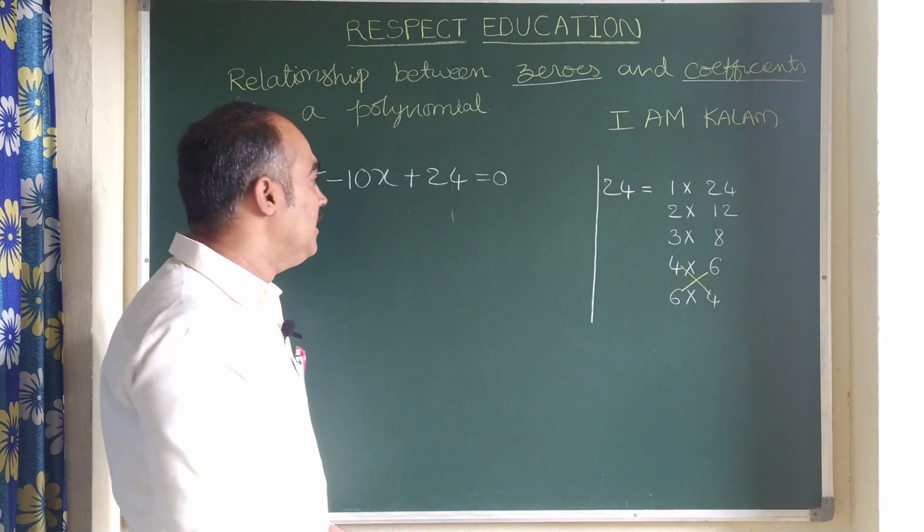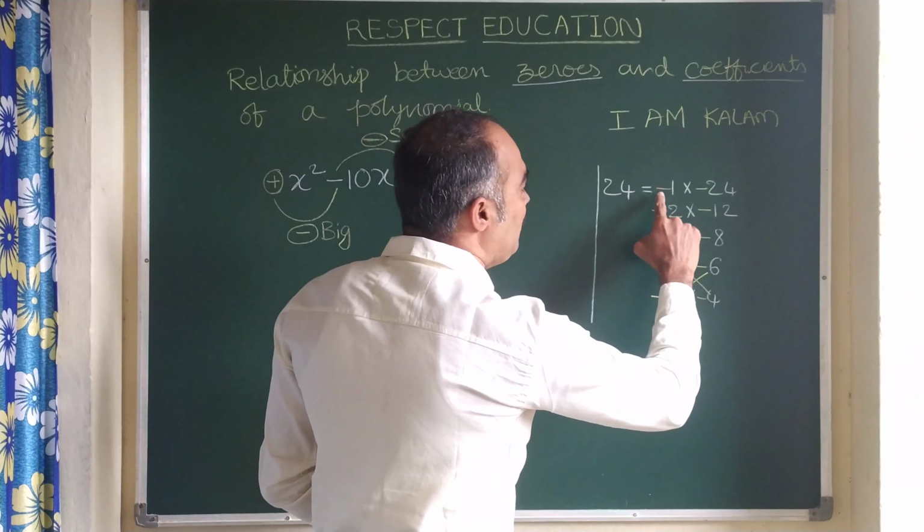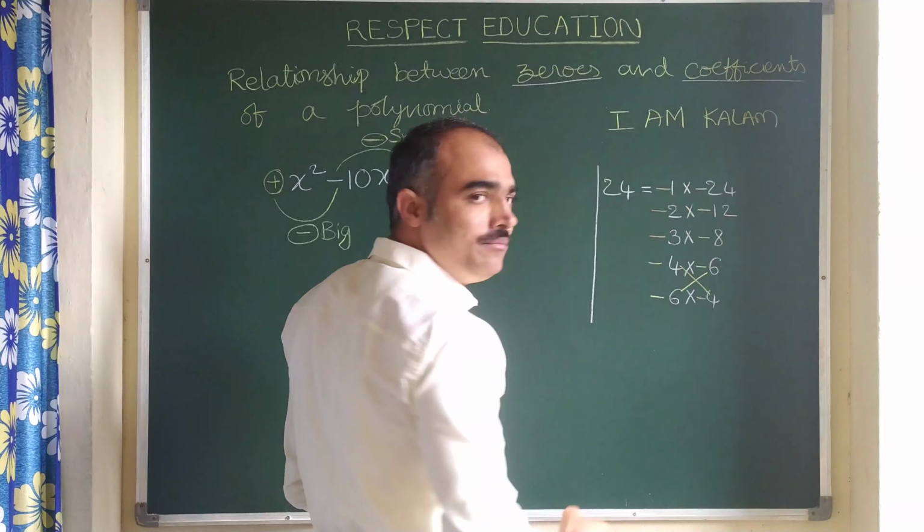Now you observe, each pair, 1 into 24, 2 into 12, 3 into 8, all these numbers are giving us 24, that is nothing but multiplication. So this 24 is nothing but the multiplication of the numbers. Now here you see we have used the x square coefficient, that is 1, and the constant. This minus 10 is not being used so far. That will come now. If both the symbols are minus, we need to add them. So minus 1 minus 24 is minus 25.